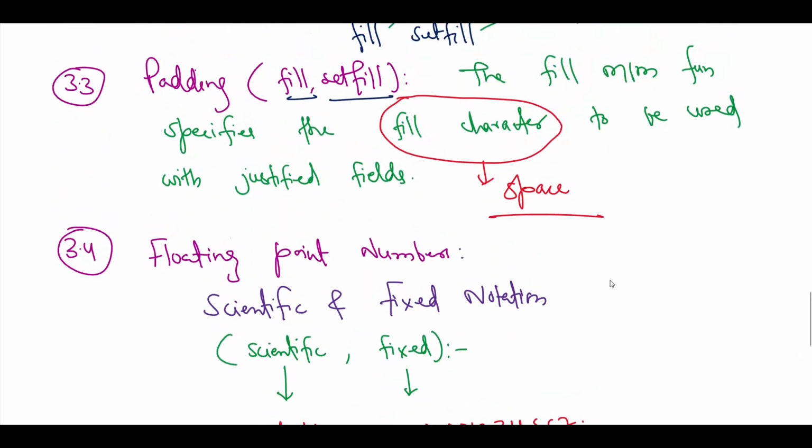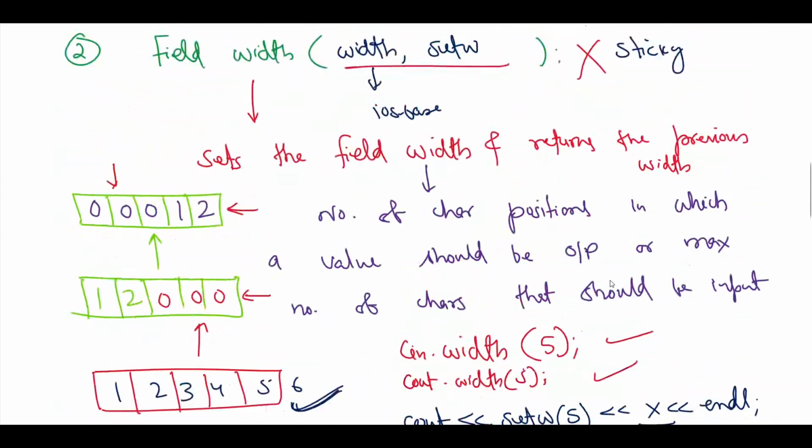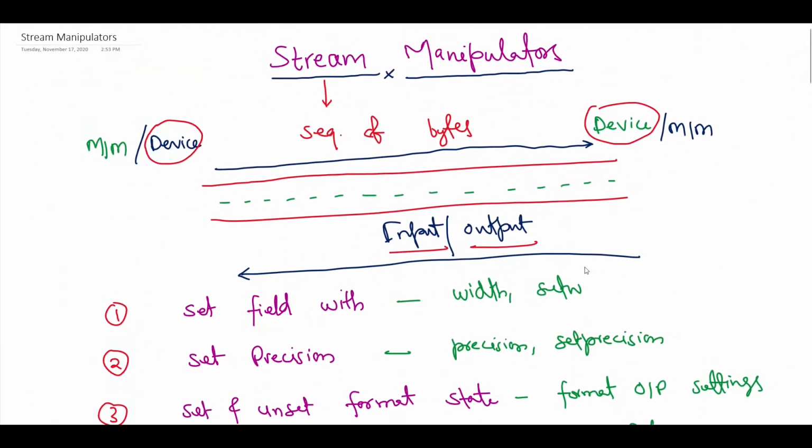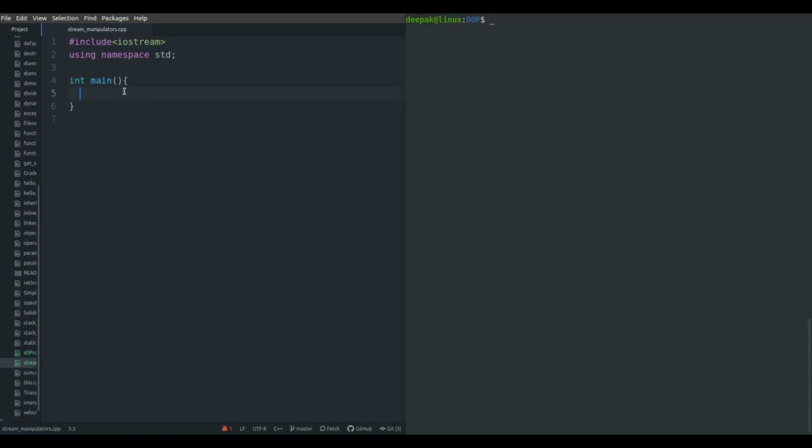Okay, so this is all about the theoretical aspect of stream manipulators. Now I will show you the demo of all these things. So let's move to the terminal first and then understand how the stream manipulators work. Okay, so now we have created a file here with the name stream manipulators, and as we are trying to do stream manipulation, we need to include one more header file here, which is iomanip. And if you want to perform some mathematical operation, for that I am including the header file cmath.